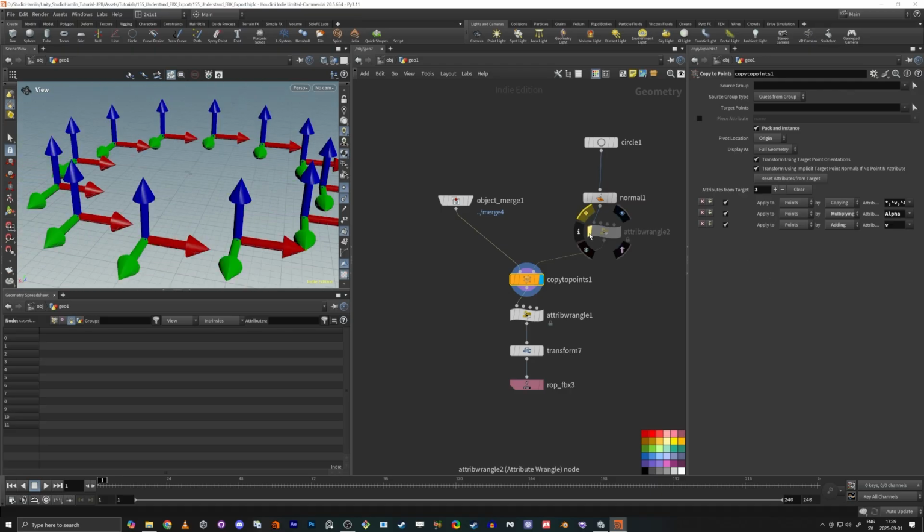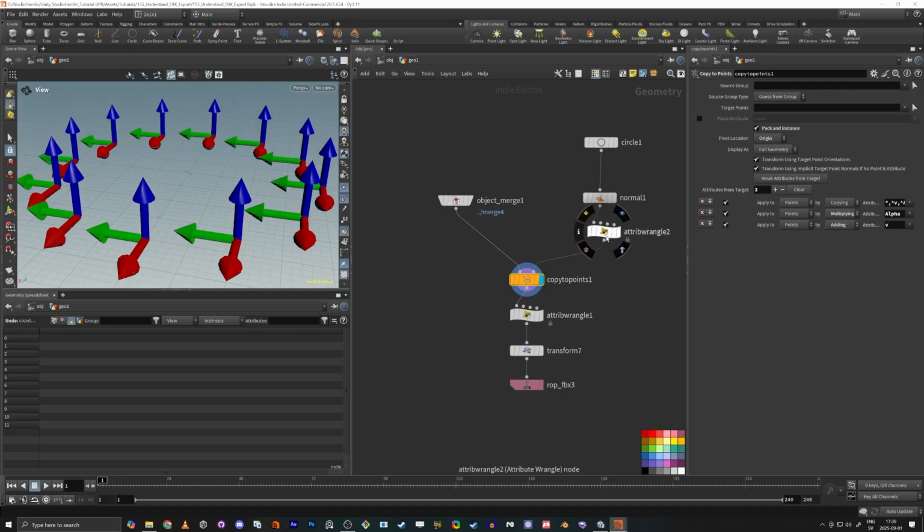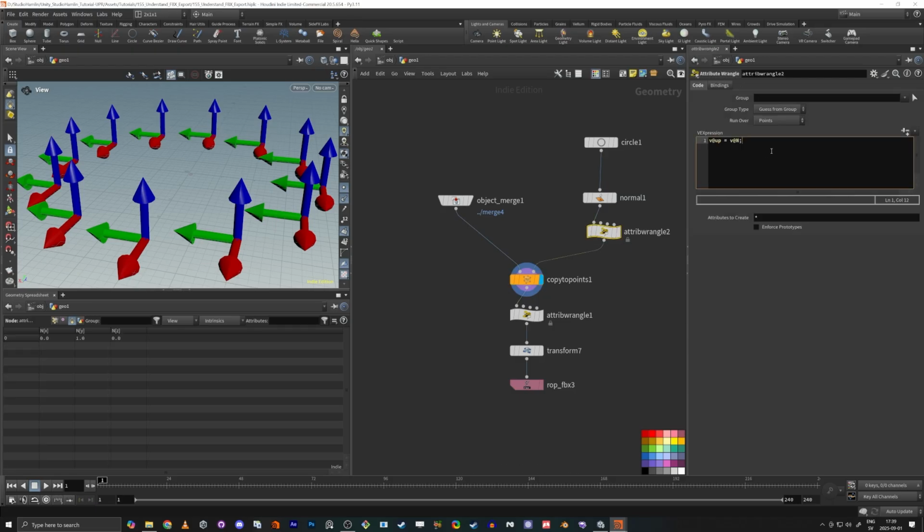Wait, is it? Okay. Before we continue, so we have the up. Yeah, actually it does work, but we need to change the normal direction because the normal and up are in the same direction now. So what I want to do,